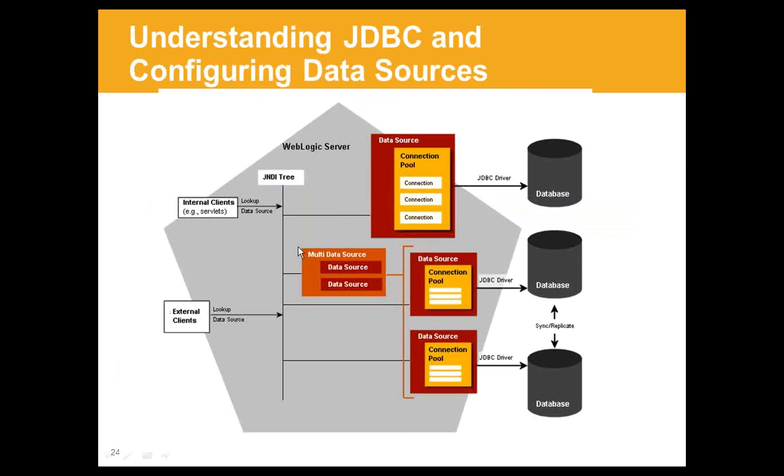Let me explain. Right now, just ignore the below part, we had this data source and this database. What happens if this database goes down? This DB is gone, so our app is completely down because we don't have a backup of this database running. We don't have any failover mechanism here because we were using this single database only. So that is a single point of failure for us. But WebLogic is designed for high availability and scalability, right? So what is the solution in this case? There are two solutions available. The first solution is what happens usually is